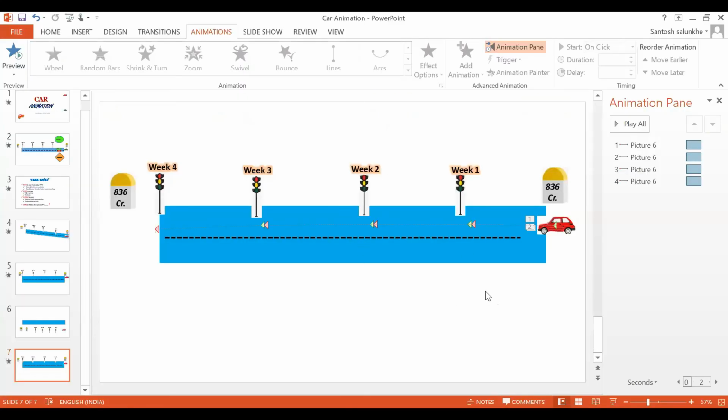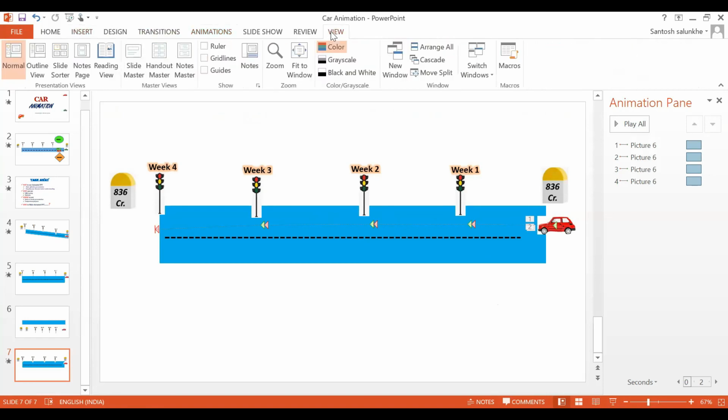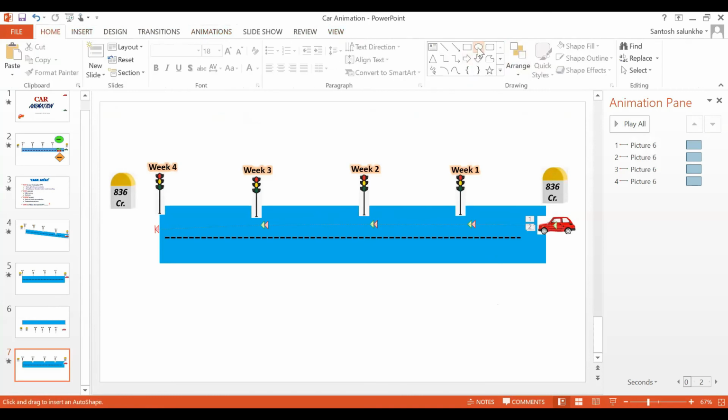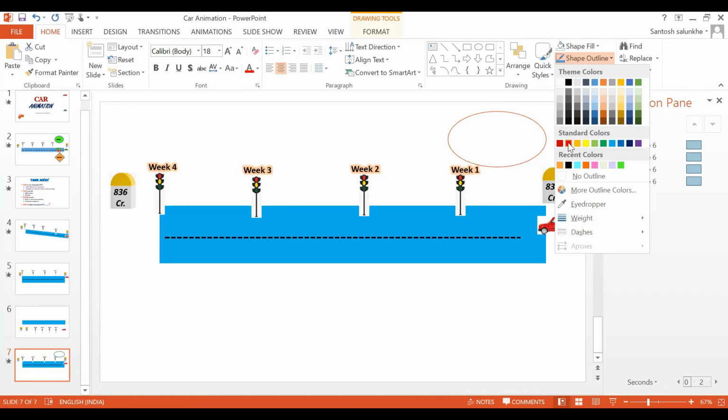Now how to make the highlights? We can insert various objects. Go to Home and draw some objects. We can choose no fill and give an outline color. If you want red, make it red.